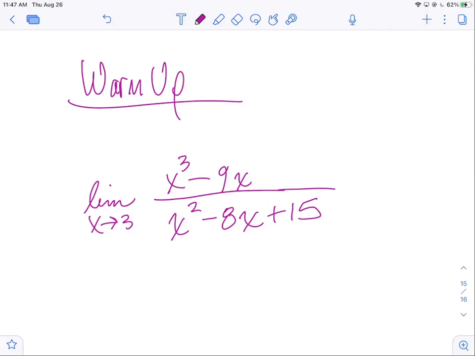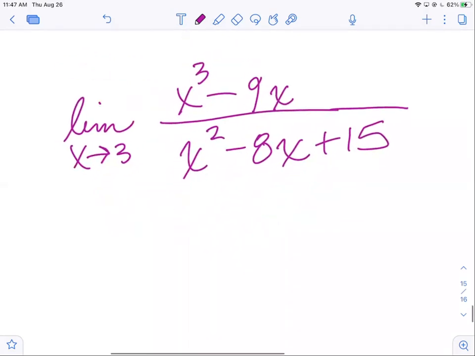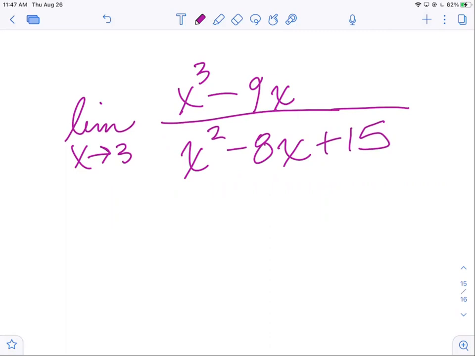All right, so if we look at our warm up here, we've got the limit, right? As x approaches 3, from which side? Both sides. Yeah, both sides of this rational function. It's a cubic polynomial over a quadratic. So the limit,